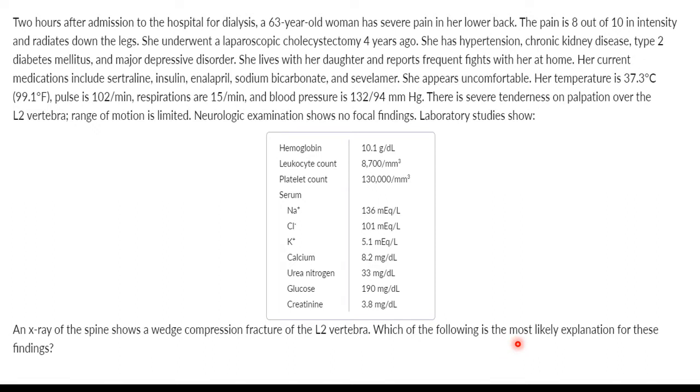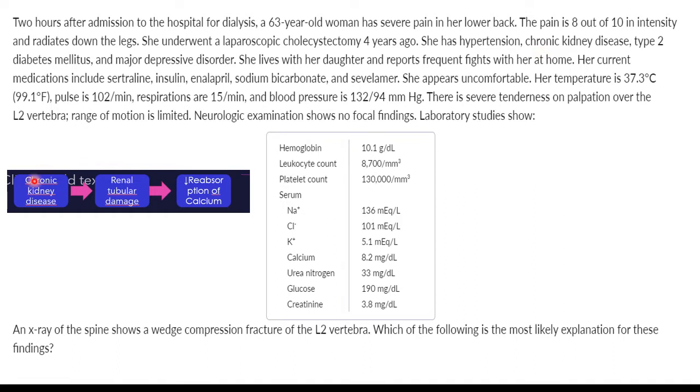explanation for the finding? As we know, our topic is alteration of parathyroid glands, so we can kind of expect. So what is here the sign that can show something? The most important, she has chronic kidney disease. If you remember, chronic kidney disease was mentioned as an etiology in hyperparathyroidism, because chronic kidney disease, renal tubular damage,